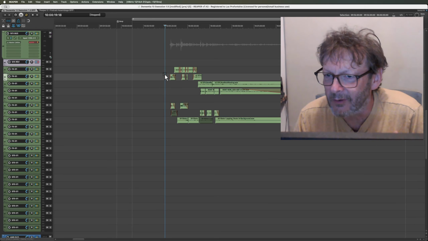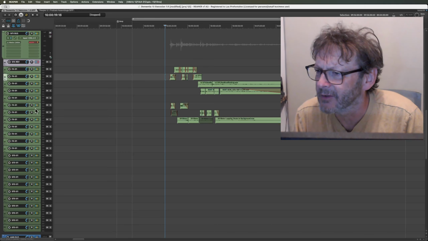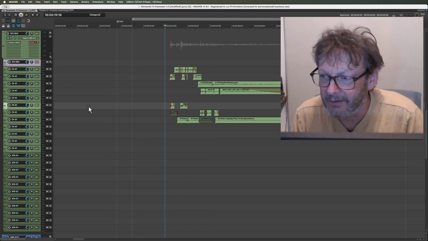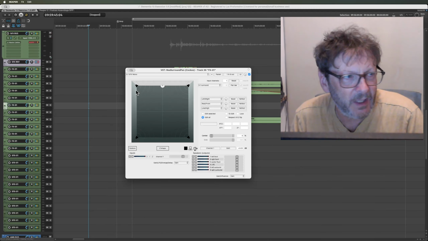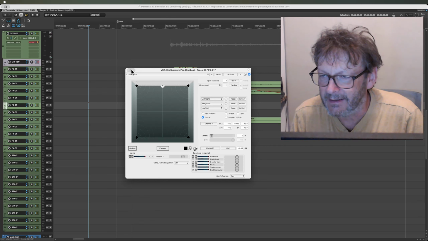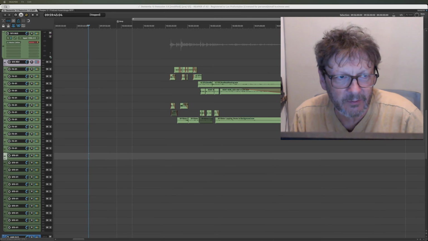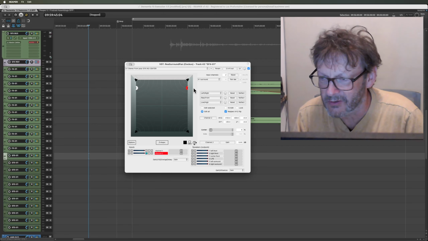The surround panner, which number of pucks, I'll show you simply and you'll understand everything. If I go here, you will see that on a mono track there is only one of those gizmo pucks here, and if you open a stereo, you will see that there are two of these which manipulate the two stereo channels inside the